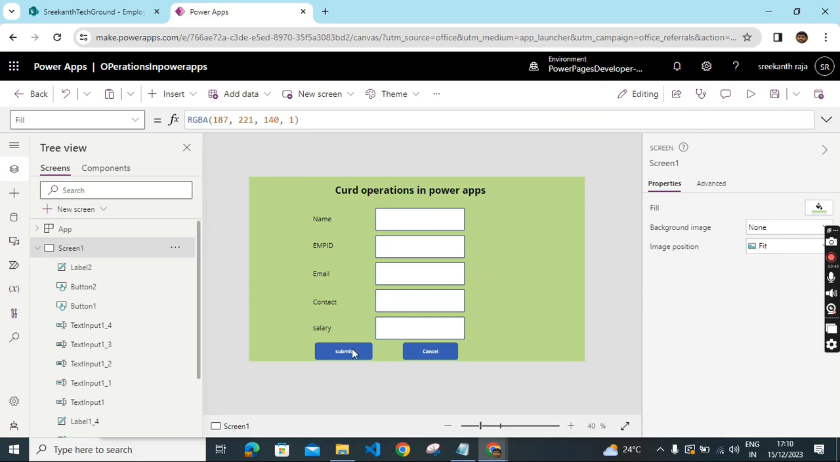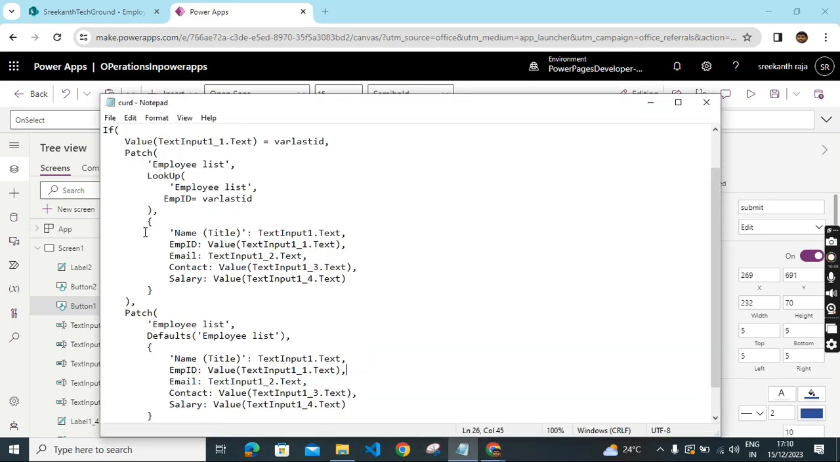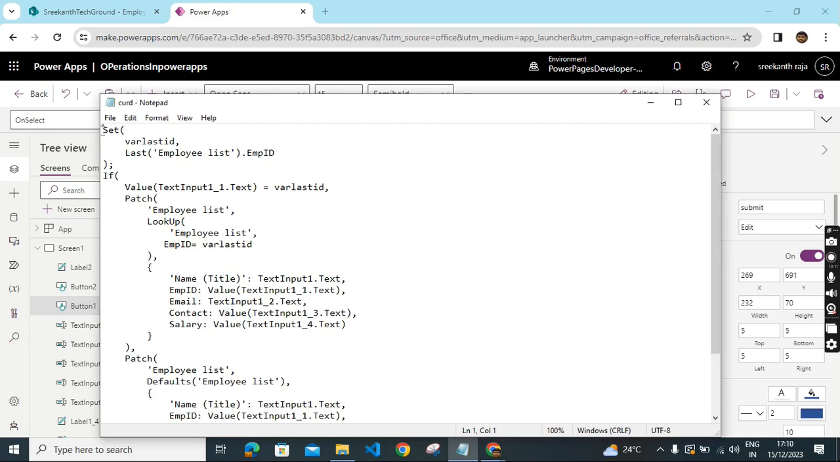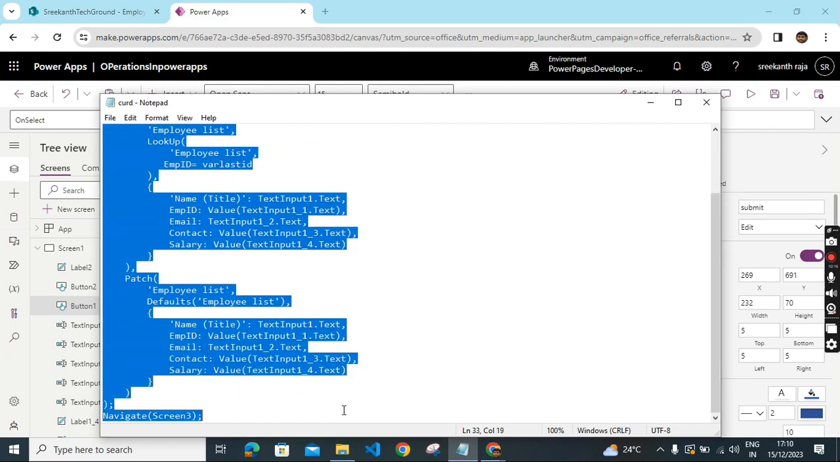Now we can write the patch function for these controls. Okay, now we have to click on submit button. So now we have to create one variable here. Then after we have to create a patch function for these input controls, and we have to store the data in our SharePoint list. Okay, now we can do this. Okay, this is the formula for the patch function. We have to copy this one